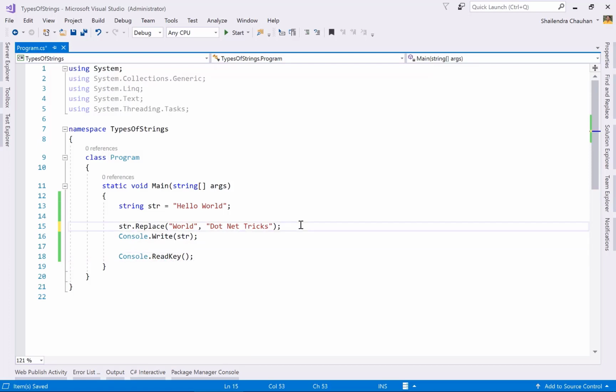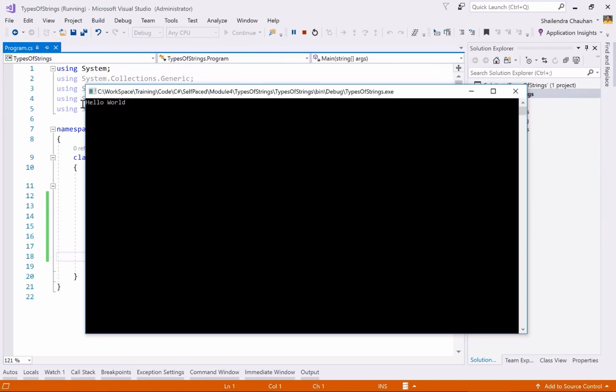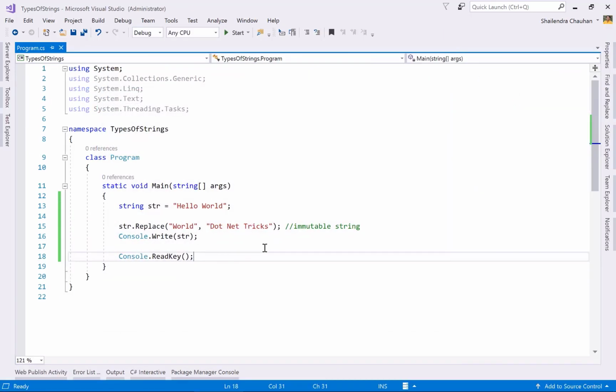But here it is not going to replace because it is an immutable string. So it is not going to replace, meaning there is no change in the original string. The original string will remain hello world if you are trying to modify it. Let's verify the result. You can see we are getting hello world, but we have done the replace operation here, but it is